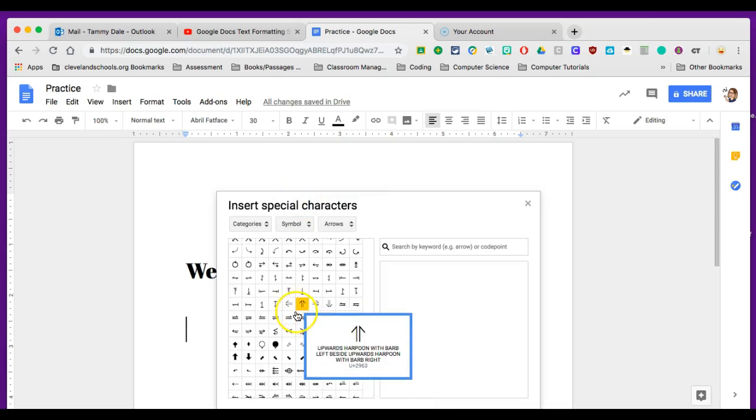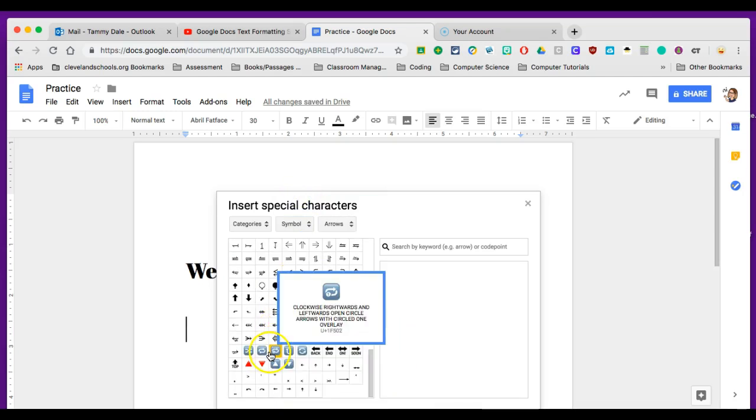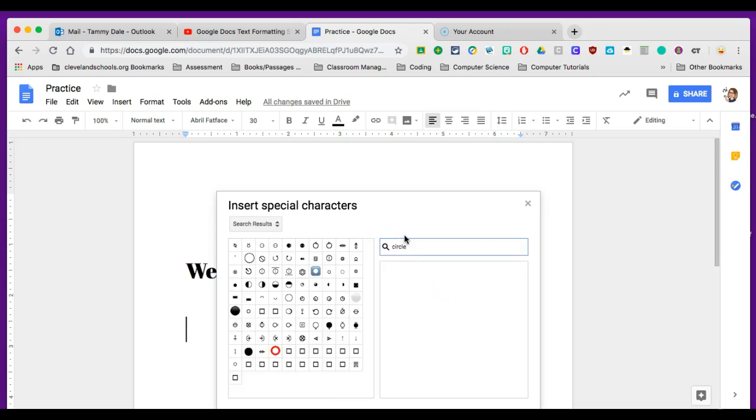Now, a really cool thing is, let's say that I don't see what I want. So I'm looking here. I want to insert a circle. So I can search by a keyword or code point. For example, I could put arrow in here. So if I put circle, then you can see all of these different circles, types of circles,